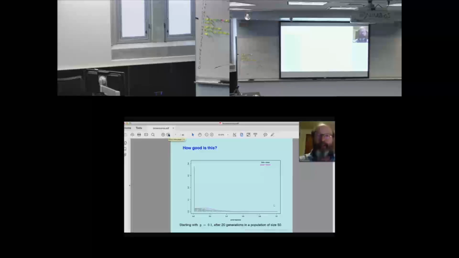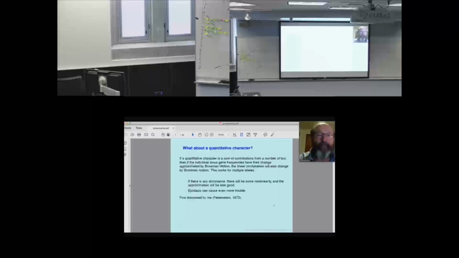So Brownian motion is a somewhat controversial approximation, but let's go with it. Let's assume it's okay. And you may say, well, why not use the exact equations of population genetics instead of Brownian motion? And the answer really is because using those to compute transition probabilities up the branches of a tree doesn't work. It's not really tractable. So I won't go over all the details of that. So we're sort of stuck with Brownian motion. Now,